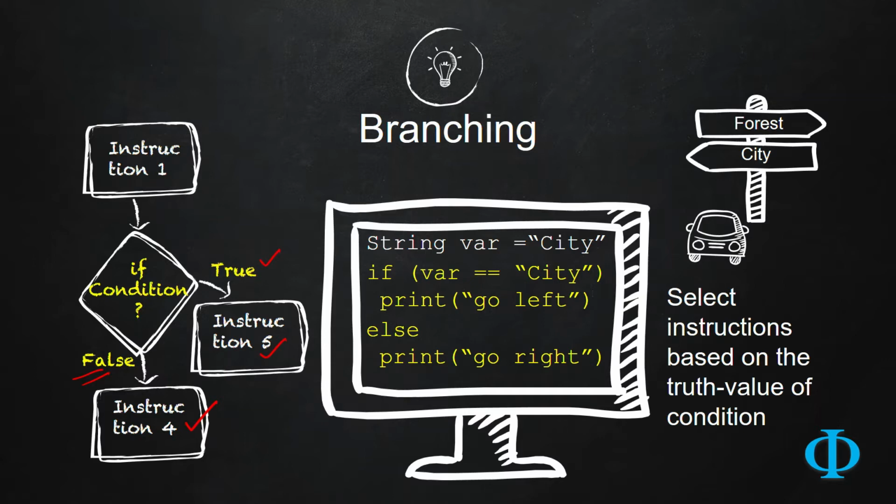So this is just like the fact that you are driving and in the middle of the road you realized that if you want to go to the city, then you have to take left, and if you want to go to the forest, then you have to take right. Exactly the same type of scenario can be depicted in the program. In order to depict this type of situation in the program where you need to check for some condition, we normally use the keyword called if